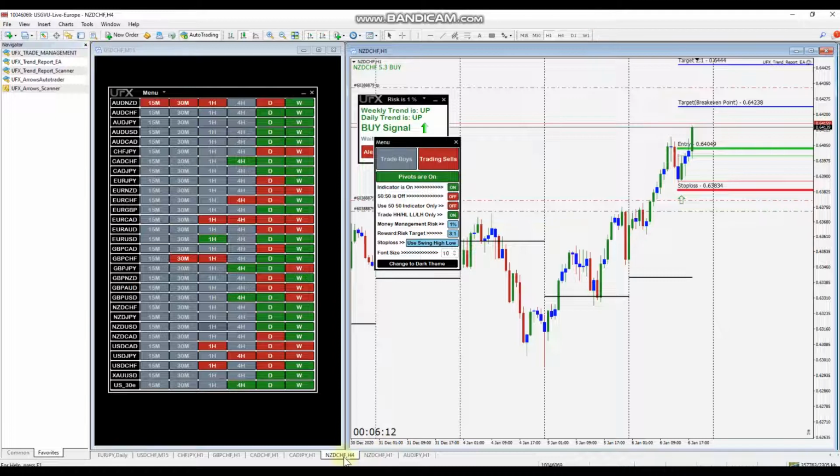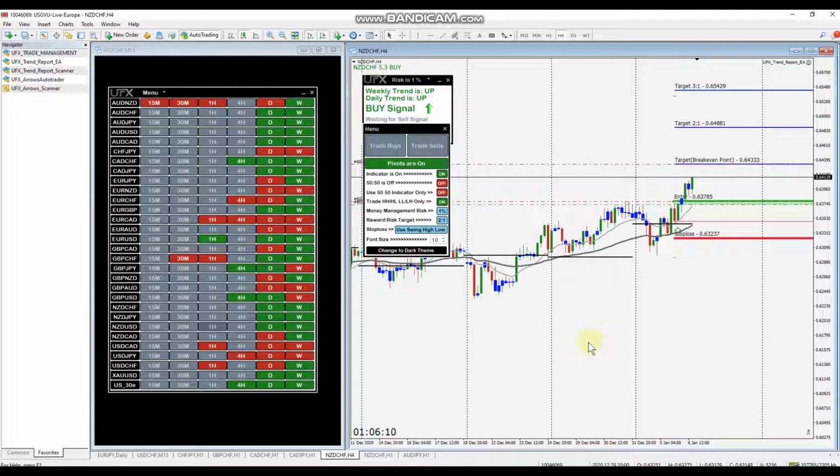So I just wanted to show you how not to get married to a trade, and if the weekly support or resistance does get hit and you're in an opposite trade, look at covering that trade or moving your target down and readjusting the play